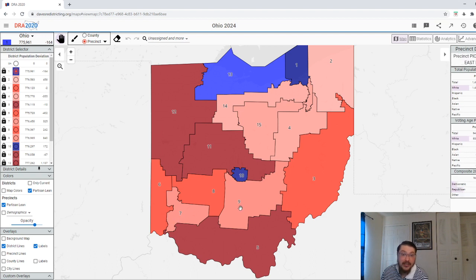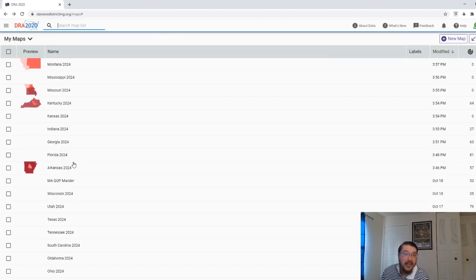Whereas these two districts are vaguely competitive, but none of the Democratic districts are really competitive at all. So worst case scenario for the Republicans is 1, 2, 3, 4, 5, 6. 6 out of 15, I would say, would be the worst. So it'd be 9 Democratic districts, but of course you get a situation where you have a significant majority in the state. It just depends on what happens.